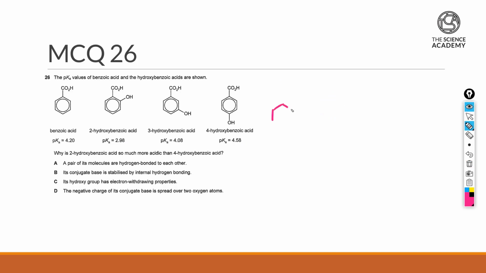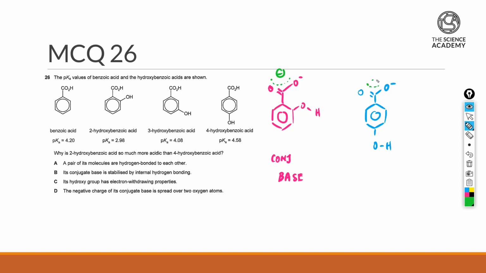For the 2-hydroxy, the hydroxyl group will not be dissociating because it's a much weaker acid as compared to carboxylic acid. So carboxylic acid will be the first to dissociate. So this is actually the first conjugate base for the 2-hydroxybenzoic acid. Now for the case of the 4-hydroxy, similarly the hydroxyl group will not be dissociating, but the carboxyl group will be dissociating. Now naturally within each of them, there is the delocalization of negative charge within the carboxylate ion,